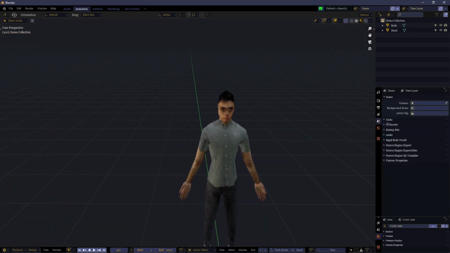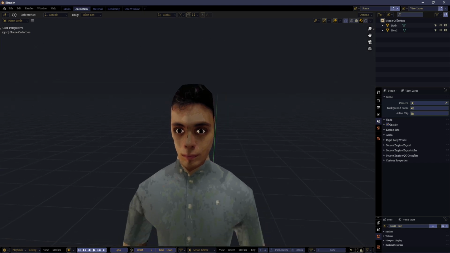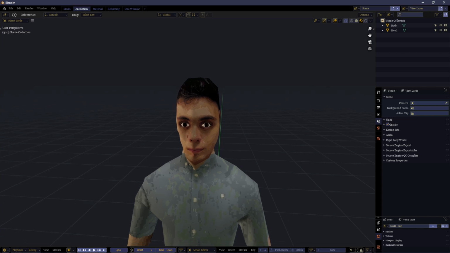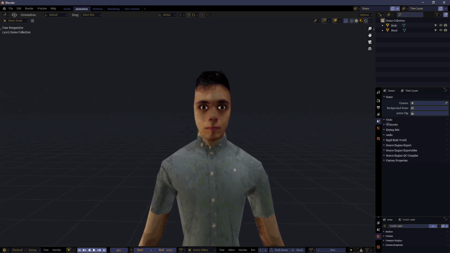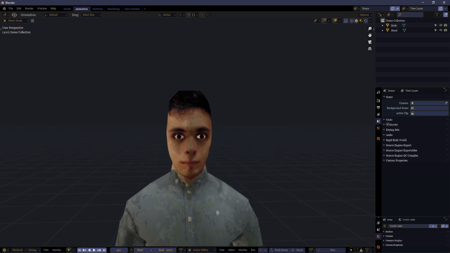So let's see how we can go about making facial expressions, bearing in mind that this system I'm going to show you can also be used in many other ways. It purely depends on what you need to use this for. Understand it, grasp it, experiment with it, and figure out for yourself when and where you might need to use this.